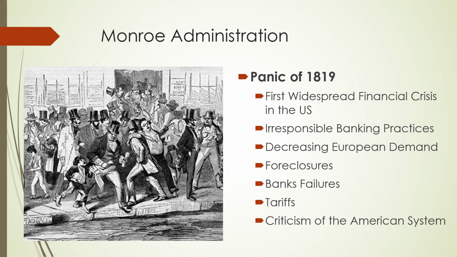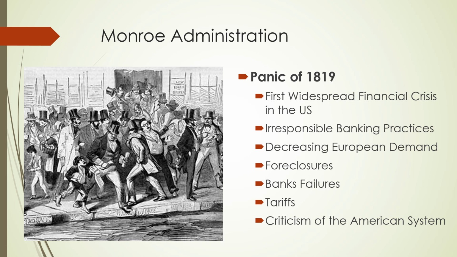There was also the economy was changing a little bit because now that the Napoleonic Wars were over, Western Europe was sort of resuming its manufacturing. Remember, the only other industrialized countries in the world during this time are in Western Europe. So during the Napoleonic Wars, which took place in Western Europe, they weren't doing a lot of manufacturing. And so it really gave the U.S. economy a boost in supplying industrialized, manufactured goods. But once Europe sort of resumes that process, it's going to slow our economy down. And so you have things like that happening.